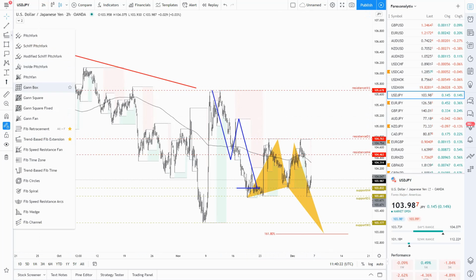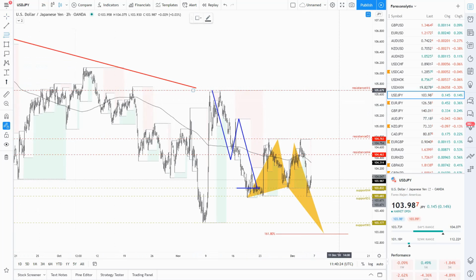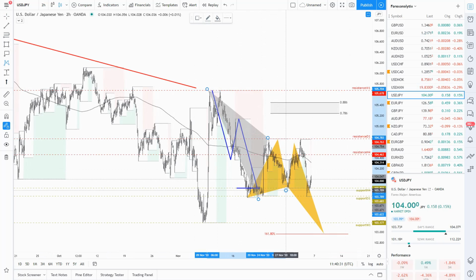Yesterday I shared this as a potential approach to that weekly fractal in the form of a bat pattern. I was projecting that bat pattern at 88.6, saying that if the market decides to trade above the previous structure highs in the daily fractal, we may see a retest of the weekly resistance, and the market will complete a bearish bat pattern above. So that wasn't the case.